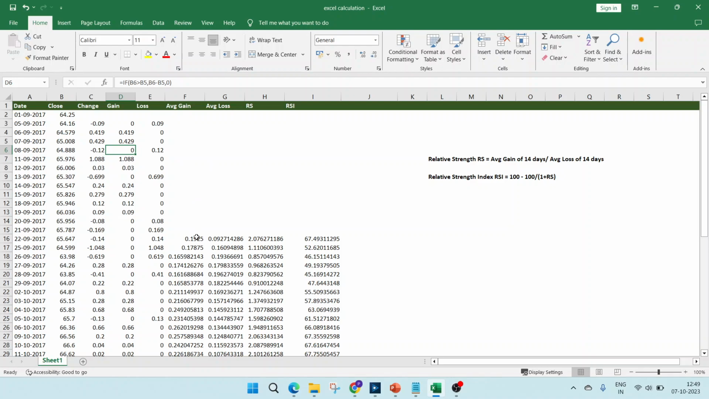To calculate the average gain, since it's an average of 14 days, we start calculating it for the 15th day, where we take the average of D3 to D16. We could have taken even D2, but it's 0, so no need of taking it because it will add an extra thing to the average. Same thing for the average loss, which is the normal average of the last 14 days. After these two are done for the first day,